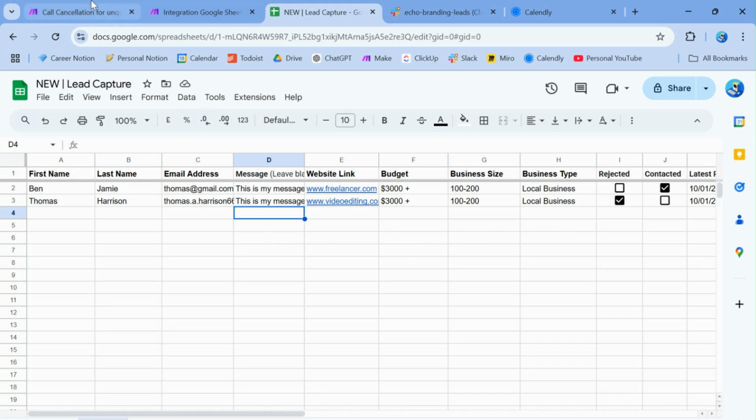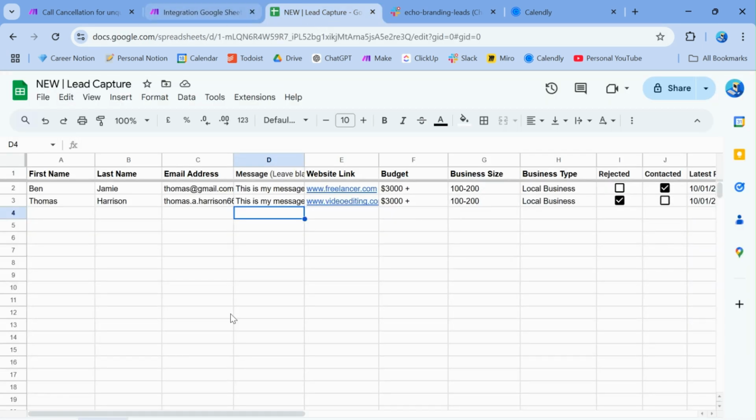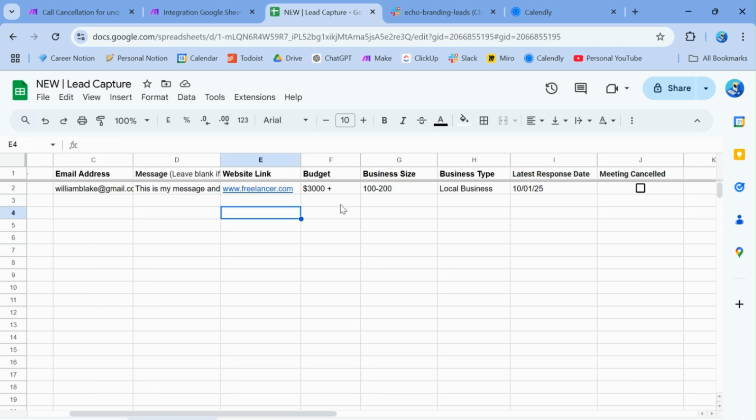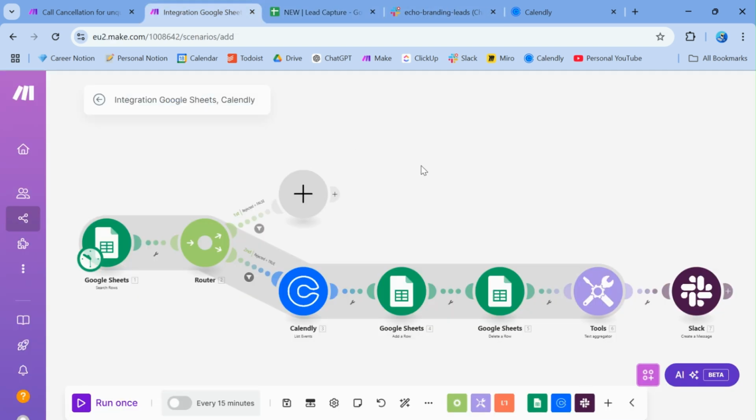And so now if we run this automation here, we should now basically delete this lead from this row, and then they should be added into this row. And then if we go into Slack, we should see a message reminding us of this lead that has been rejected. So if we run this scenario,